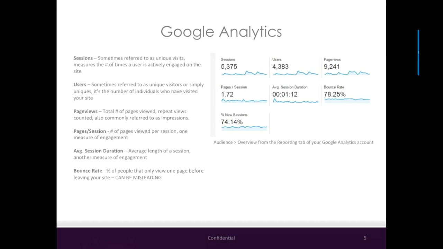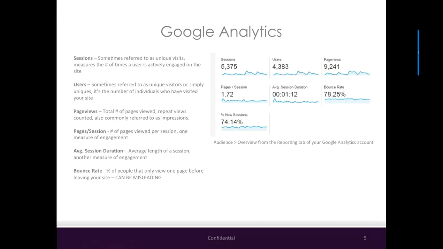Did they come from email? Are they organic, meaning they came from Google directly? Or did they just go straight to your site? And we've seen historically there's very different bounce rates from people who come from different places because they have different goals in mind. So lower bounce rate is generally better, as is higher pages per session, but if you have